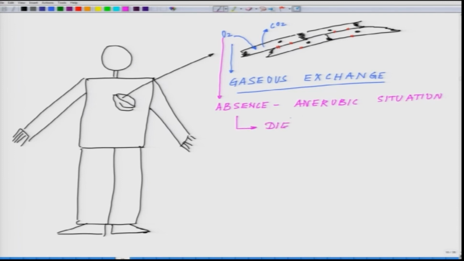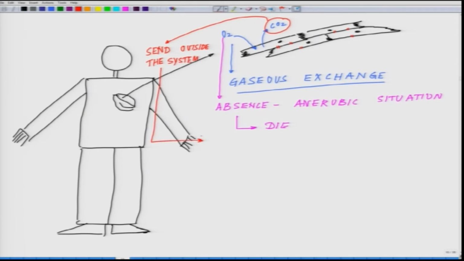So they need sufficient oxygen, and not only that, the carbon dioxide which is produced here has to be sent outside the system. Otherwise,